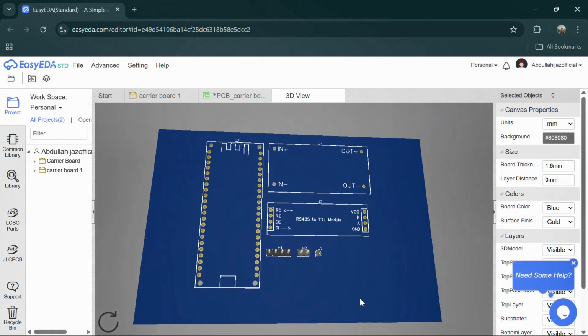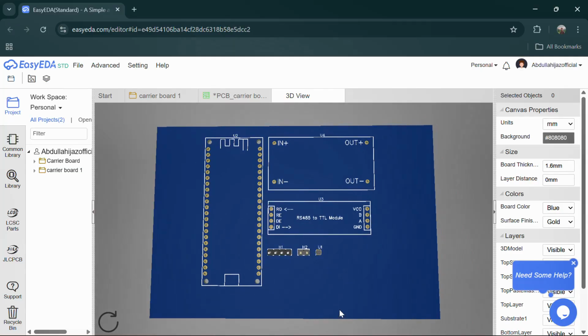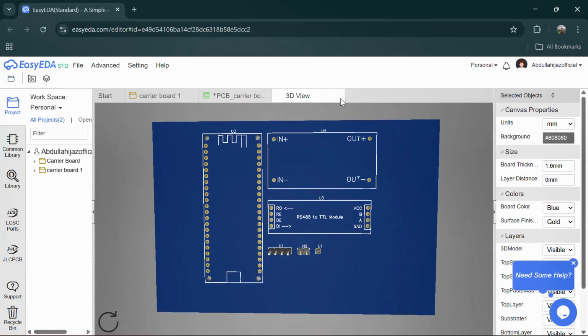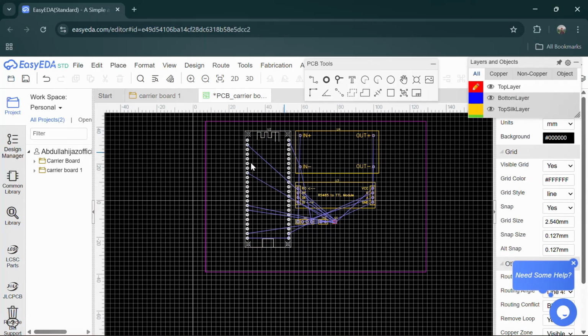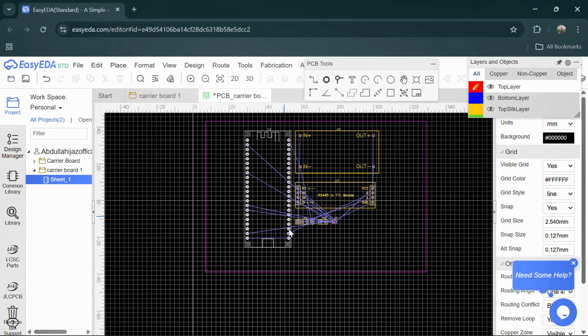As we know, this is the PCB board that will come out when we make it through JLCPCB or some other services. So now we will wire it. Okay, we will wire it according to the given schematic. Okay, so first of all